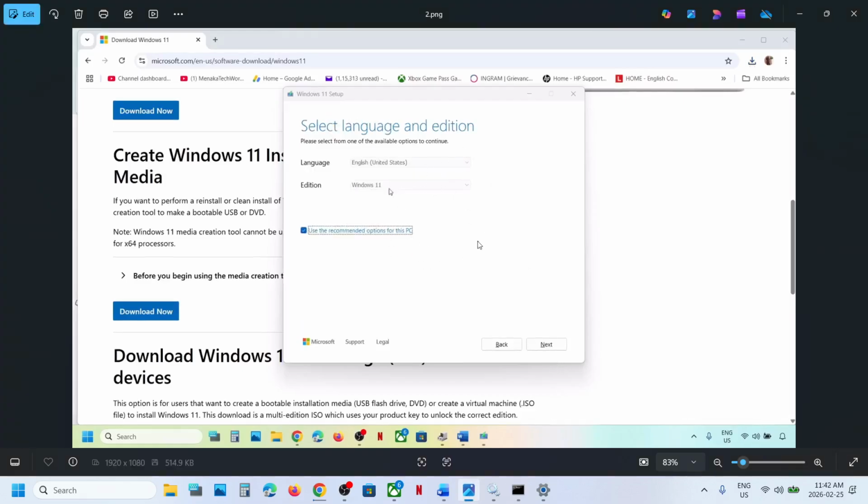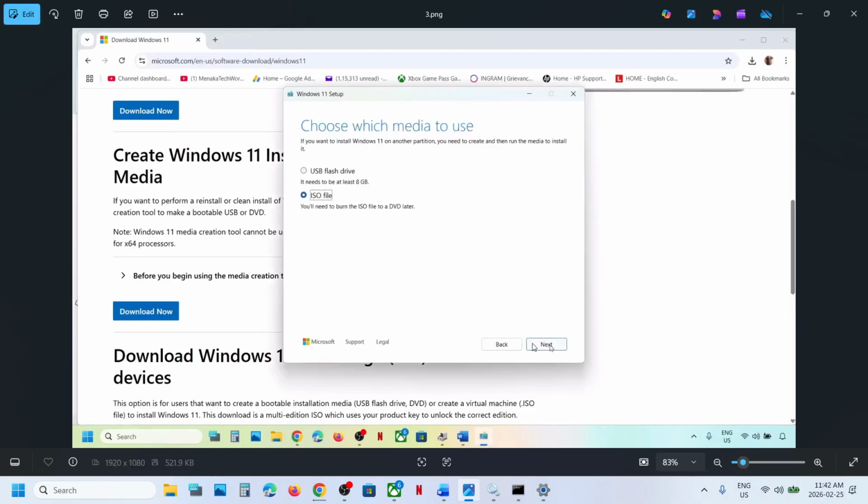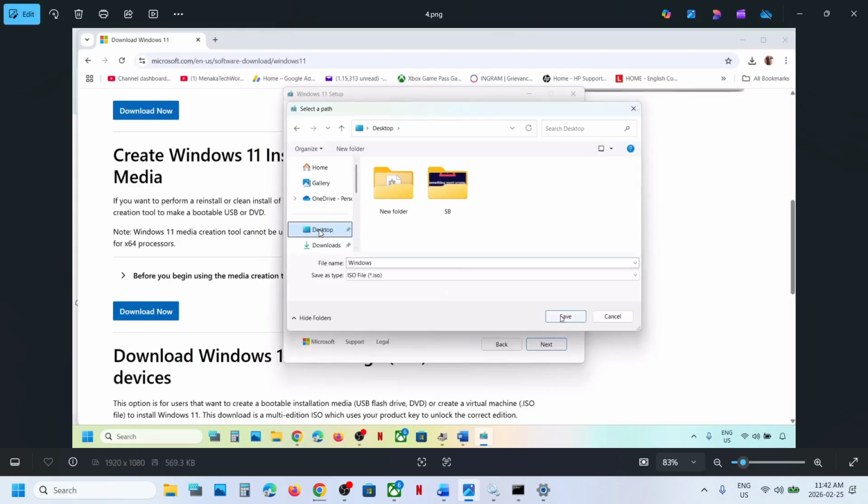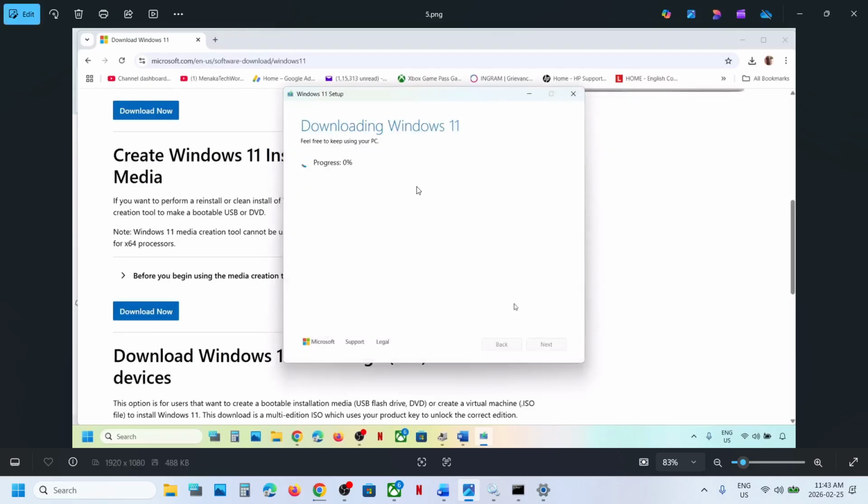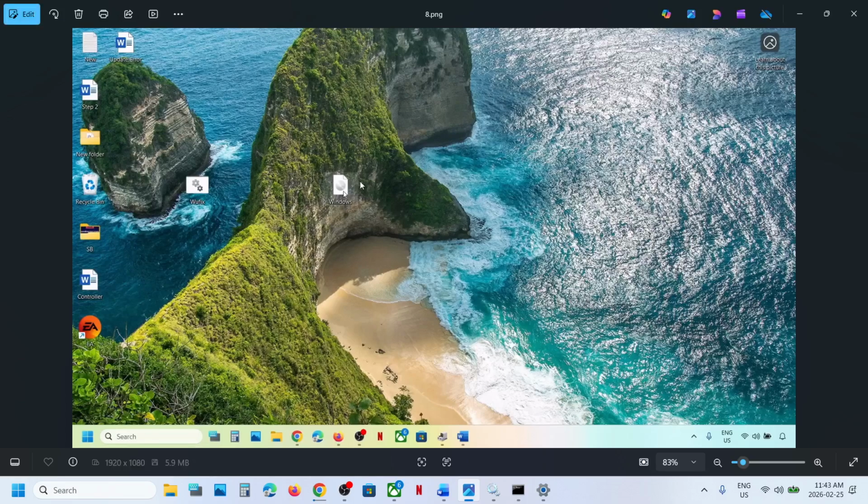By default, Windows 11 would be selected. Click on next. Select ISO file over here and then click on next. You can save it to the desktop. Click on save and let the download complete. This process will take some time. Once done, click on finish over here and let this close automatically, and then go to the desktop,